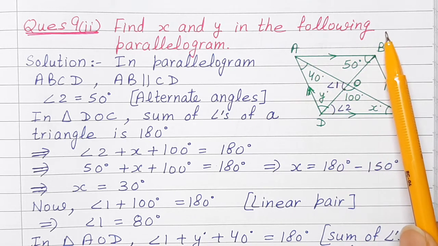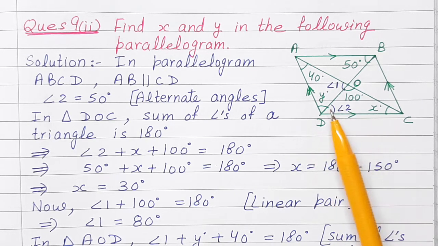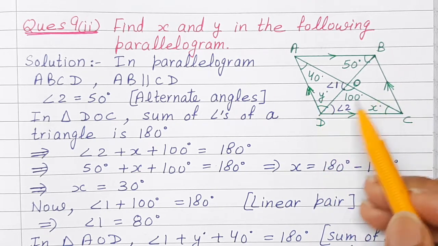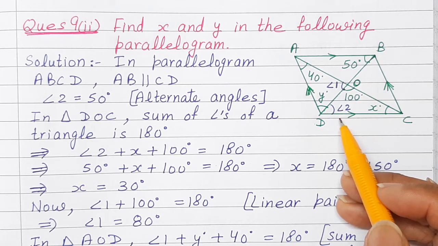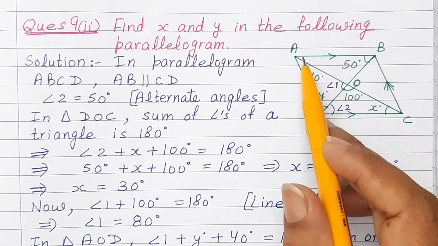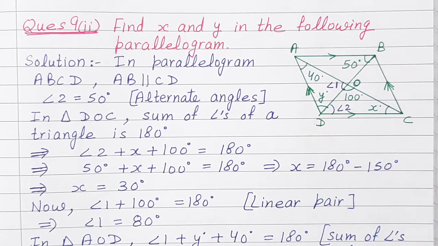Here ABCD is a parallelogram where we need to find the value of X and Y. Now children, let us consider these two triangles, that is triangle DOC, where we will find angle 2 and then angle X. Similarly, we will consider triangle AOD, where we will find angle 1 and then Y, right? So first of all,